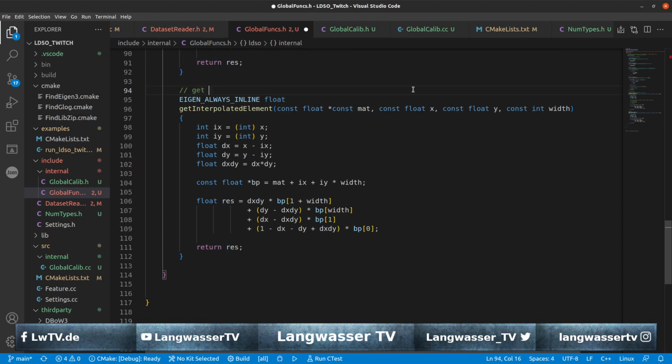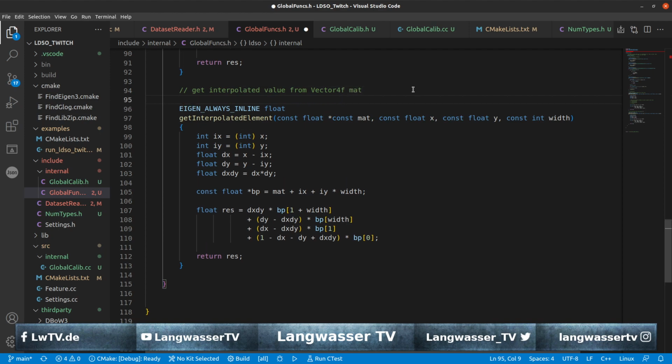We say get interpolated value from vector for f mat. So now we have a 4D vector composed into a matrix,